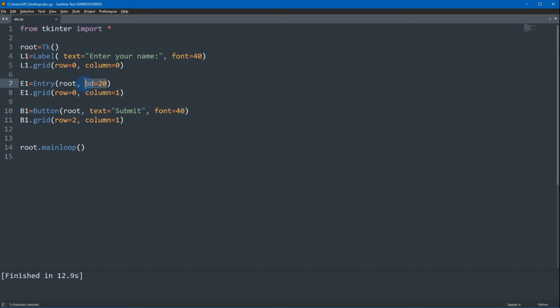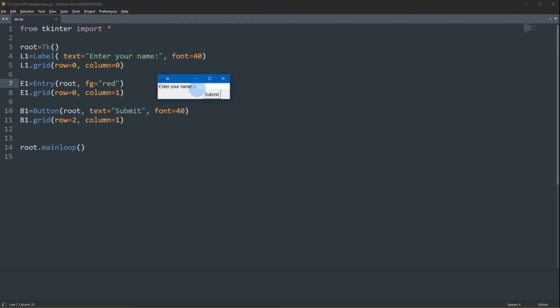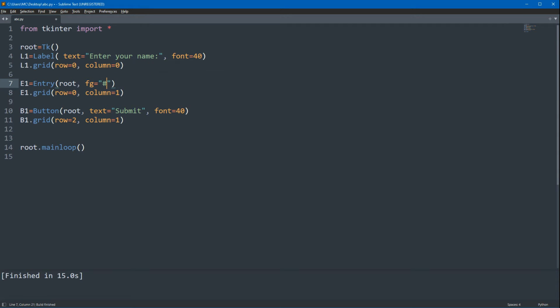Okay, so I want again the default one, that's why I'll be removing BG and we're going to try FG. FG is the same with BG, so you can use the word or the hexadecimal value of the color. Okay, so let's try red, and this will be the output. If you're going to observe, the color of the text is red. We can also have the hexa value, so let's try